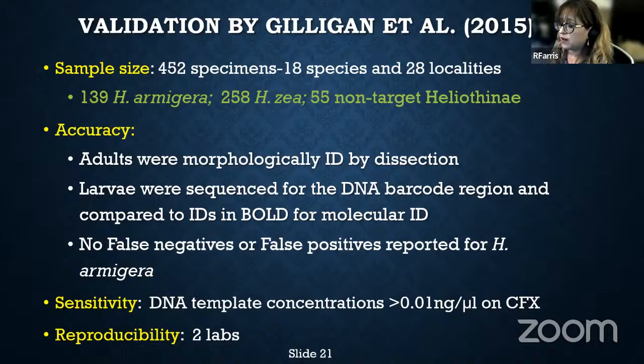All the adults and larvae that were used in this study were sequenced for what we call the barcode region. Not to get too much into it, but the barcode region is CO1, which stands for cytochrome oxidase 1 region of mitochondrial DNA. It's a standard that's used worldwide. It's worldwide accepted that that's a certain region that is PCR amplified, that has been used across many species throughout the world.